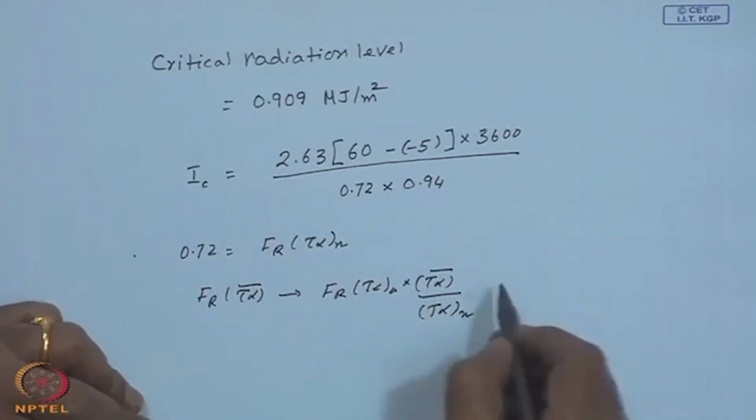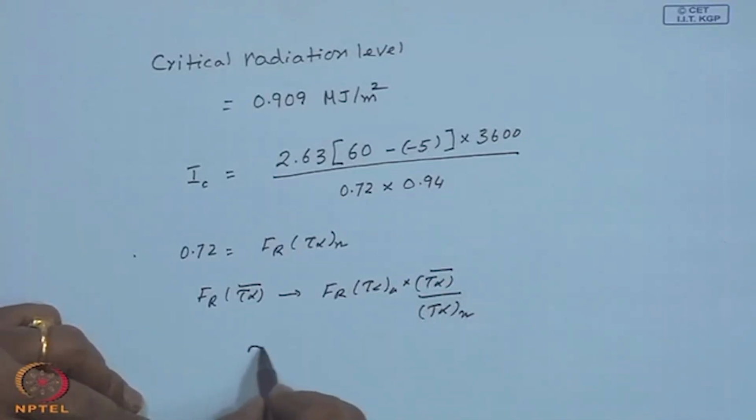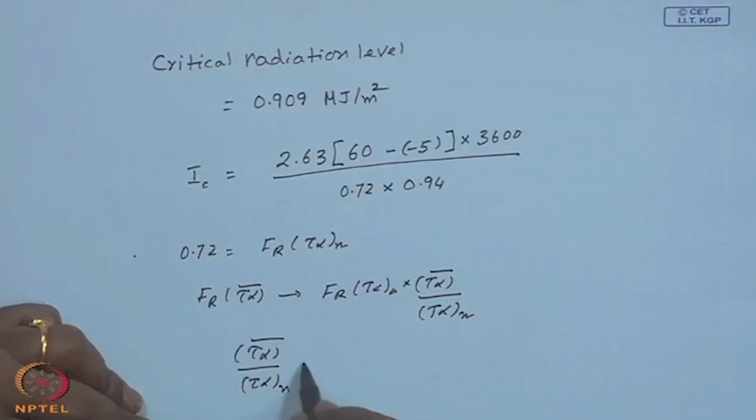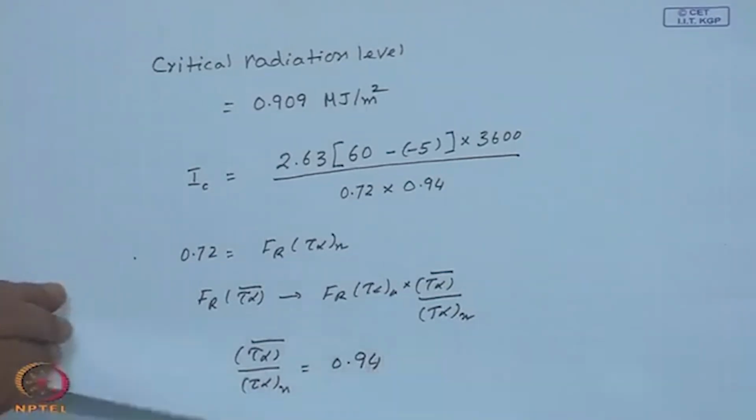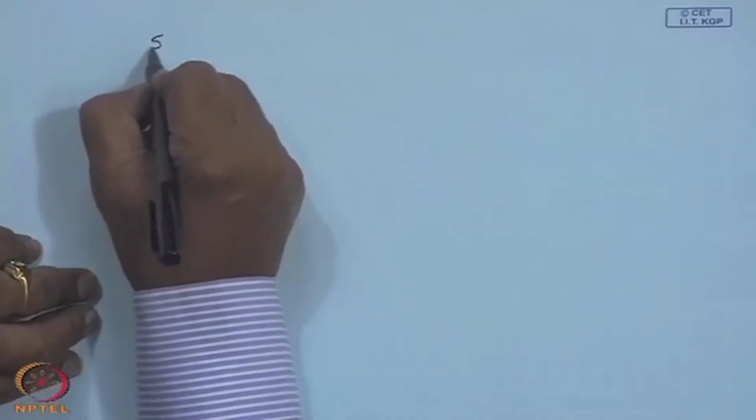So, this tau alpha bar by tau alpha normal is equal to 0.94. I shall show the calculations for this, so that we will have an exercise in calculating tau alpha bar also. So, if you look at it this way, the absorbed radiation S bar